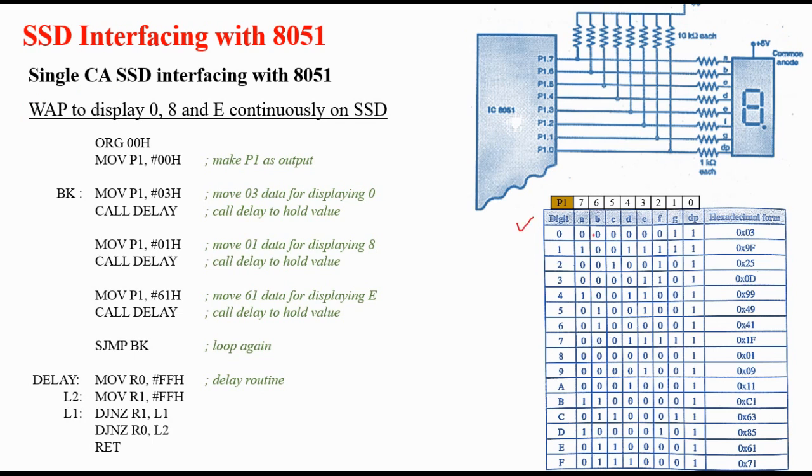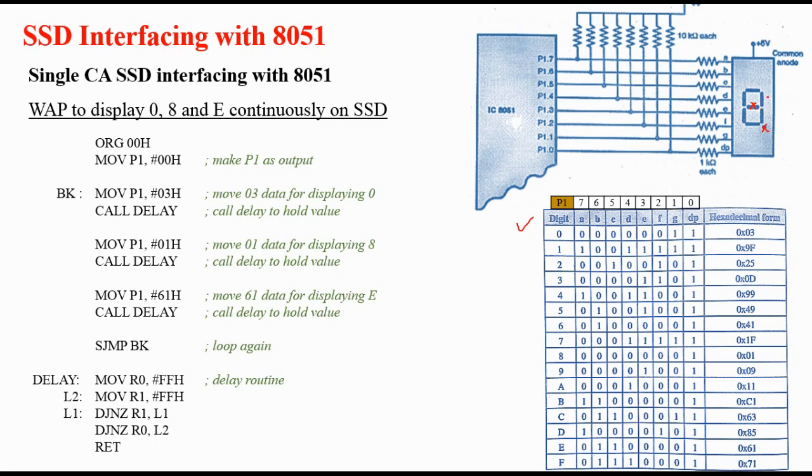Here there are some bits. Let us suppose we take an easy example, like I want to display 0. If I want to display 0, then I want this particular segment to remain off, and the rest of the segments should remain on. And we don't want DP also, this decimal point, I just want to display 0.